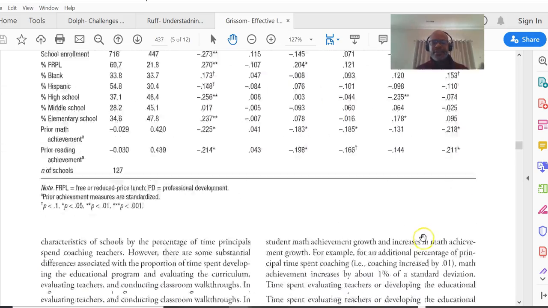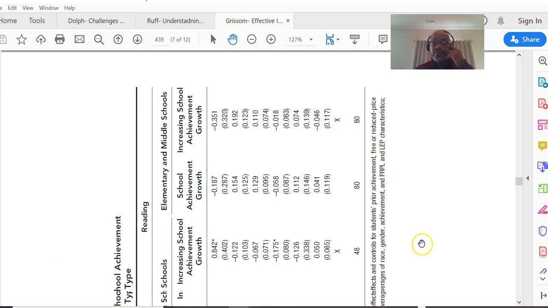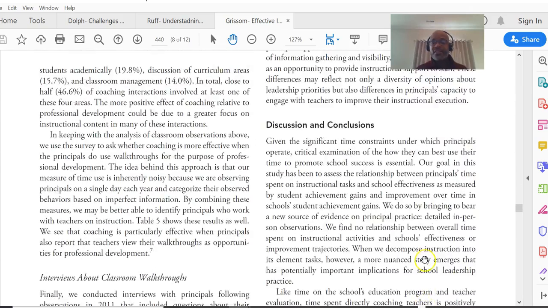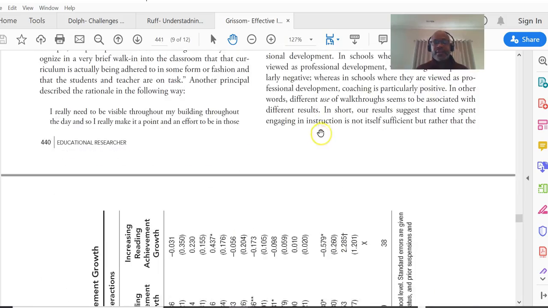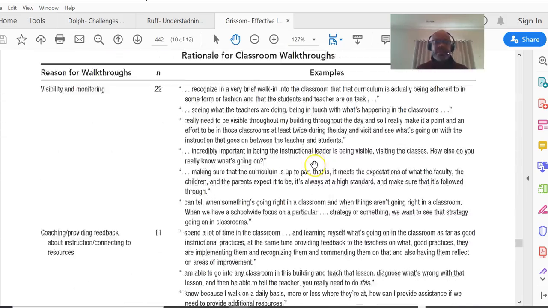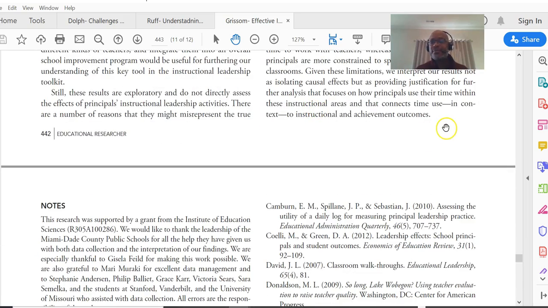but the real meaning and the majority of your notes are going to come from the actual discussion and conclusion part here. And it's not very long. So it starts here, goes here, skip this, goes here, back up here, and then they're done. So you have that little bit of space to get as many notes as you possibly can out of this